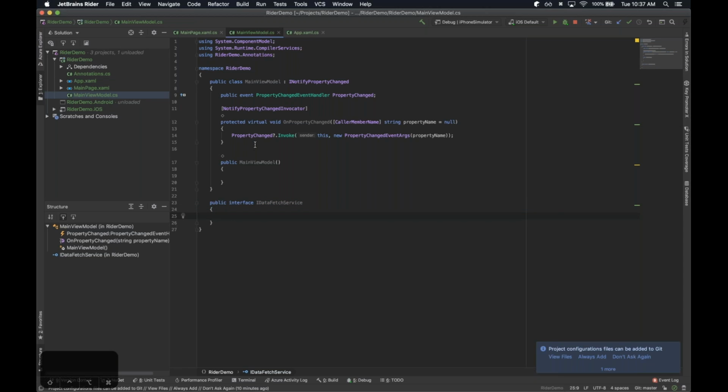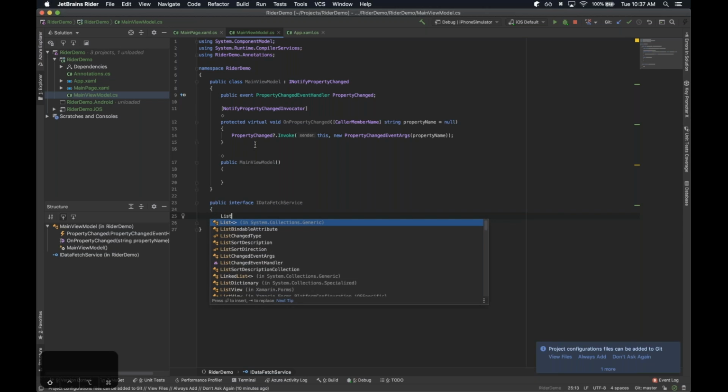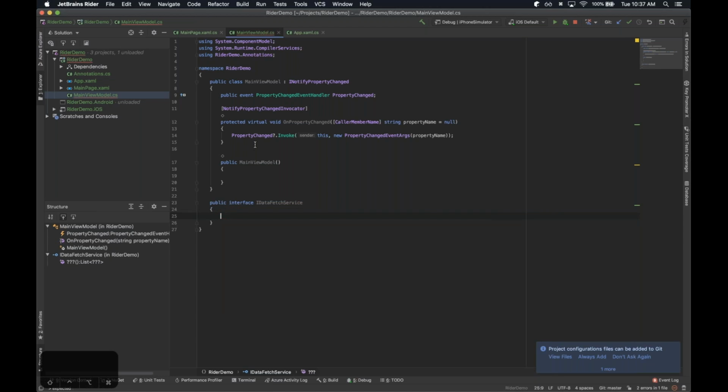Create a little interface, and we'll have it bring back a list, or sorry, an IList